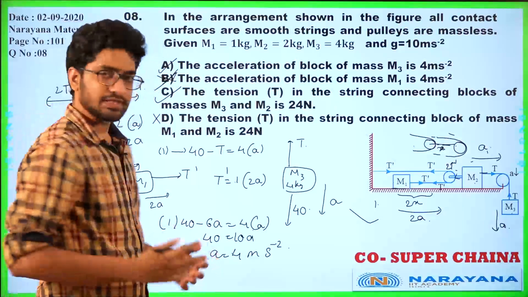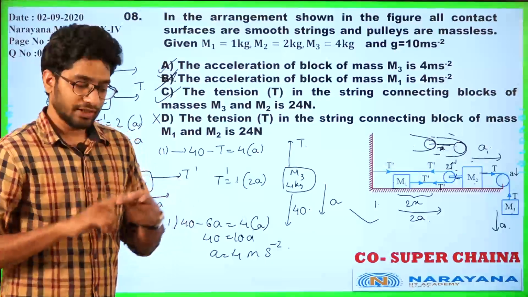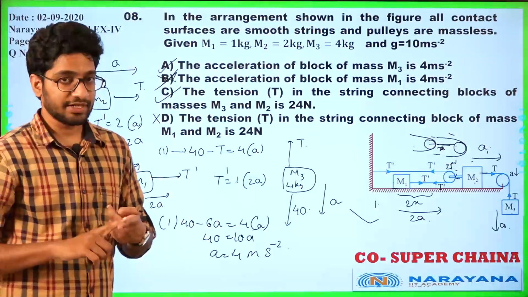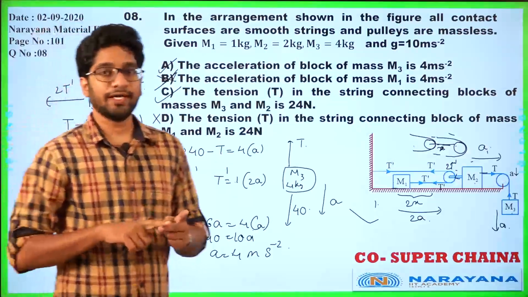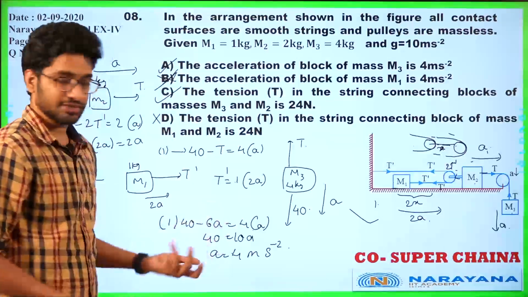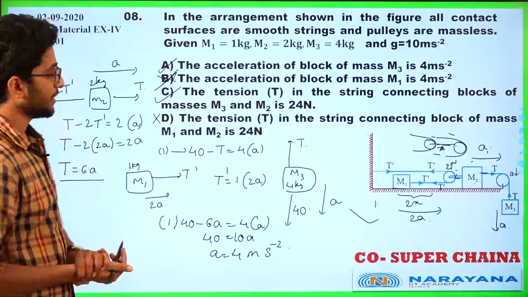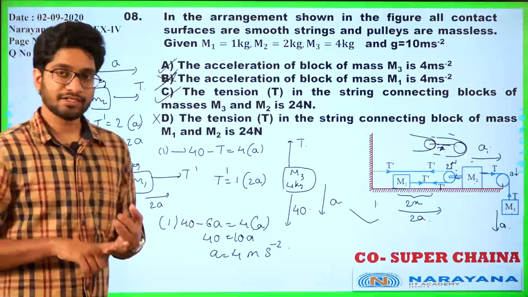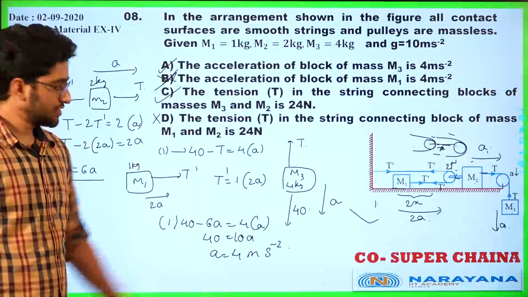In every Newton's laws problem, this is what we do. Whenever there is a pulley block system, you take acceleration relations, that is the constraint relation, and find a relation between accelerations. Next, draw free body diagrams. Next, write force equations, Newton's second law equation. Net force in the direction of acceleration is M into A. So you can get all the accelerations, tensions and everything. So let's move to the next question.